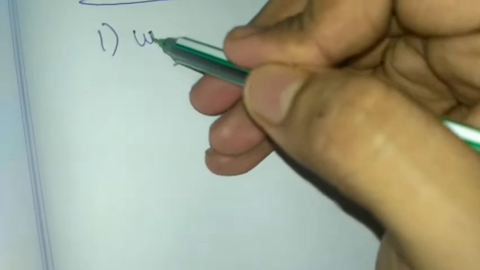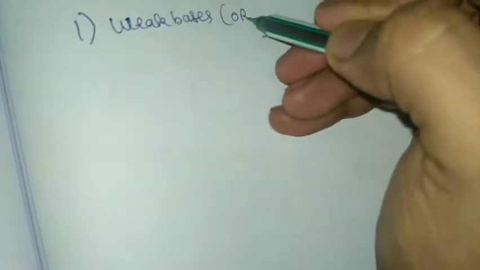So we took the use of base, right, in the aldol condensation. So first way is the use of weak bases, right? Weak bases like OR minus, OH minus, kind of thing. What is the process? I would say. For example, you take one molecule which has alpha hydrogen, that is acetaldehyde, suppose, and another molecule which has not got any alpha hydrogen. Okay, so you take formaldehyde, HCHO, right?